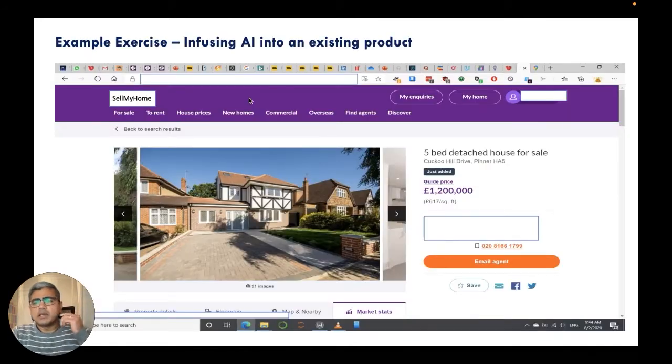So what about an example, right? Let's take this website called Sell My Home. This is a home that's quite close to where I live. They want to sell this house, right? And we're now going to role play how a product manager would look at AI as an opportunity to build a product or a feature. So remember, you are a product manager for Sell My Home. You have to launch 2 new features that will help Robin, the seller, sell her home. Let's try to see what we can do for Robin.